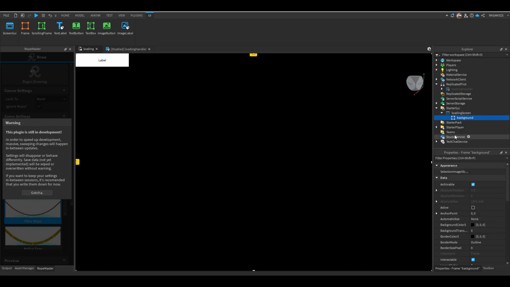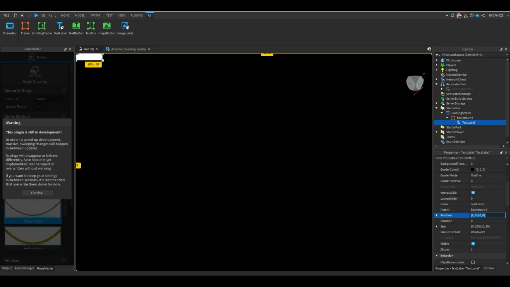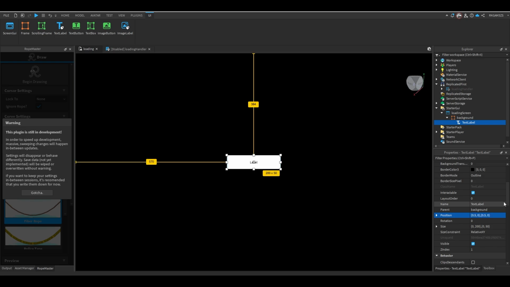Next, we're just going to add a text label. We'll set the anchor point to be 0.5 by 0.5. And we'll set the position to be 0.5 by 0.5 as well, so it's in the middle of the screen. Then you can turn on text scaled if you want. I'm personally not gonna. I'm just gonna manually scale it. So I'm gonna make it like